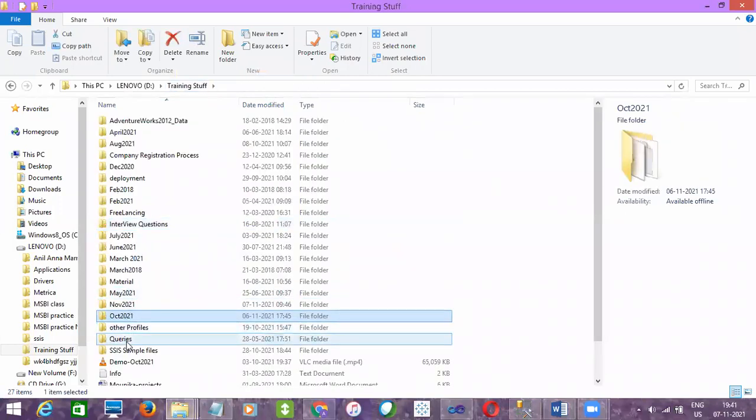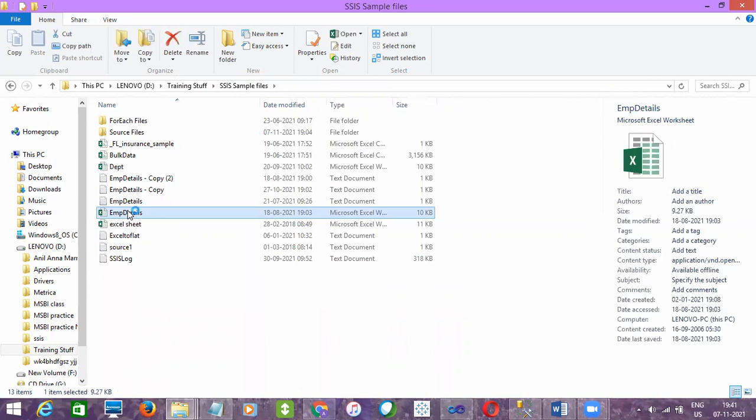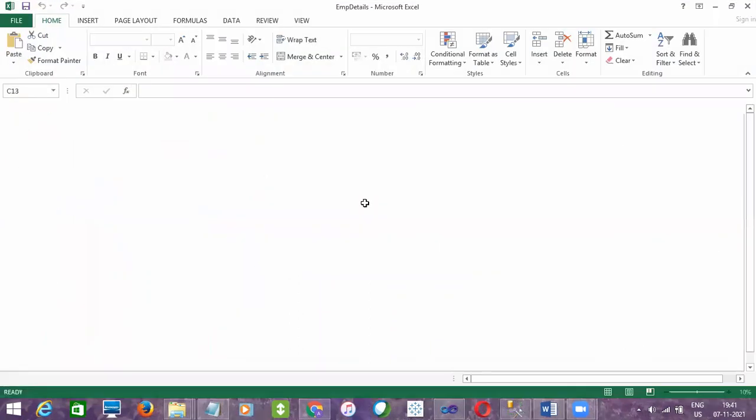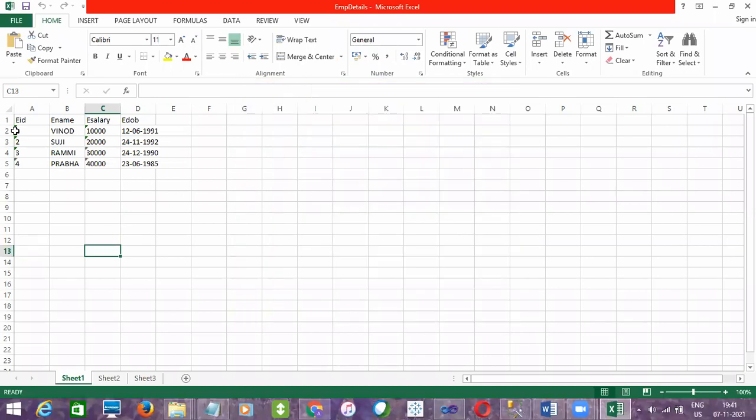See, I'll open one Excel file. As of now, we have discussed loading data from a single sheet, correct? Single sheet or multiple files. But assume we have data in multiple sheets like this: sheet 1, sheet 2, and sheet 3.